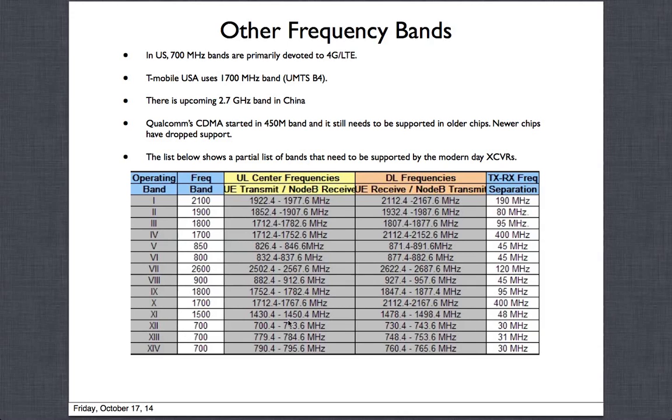And I have a table here, and I will go through this table. Basically, these are UMTS band numbers. We talked about band 1, which is the most popular band. The frequency is around 2.1 gigahertz. Then we have these two columns, uplink frequencies and downlink frequencies. Uplink is for transmit. So in this band, if you're operating, the transmit frequency ranges from 1922.4 megahertz to 1977.6,